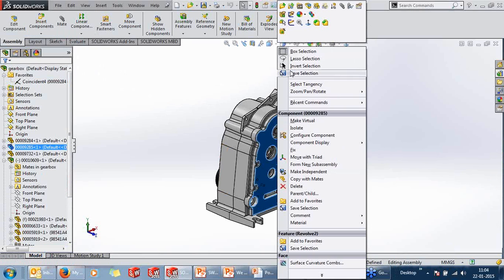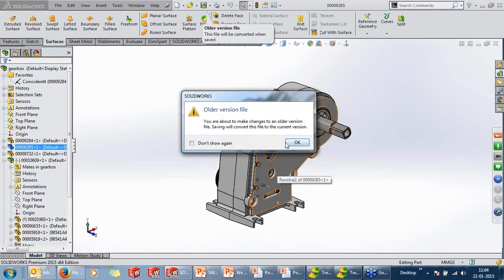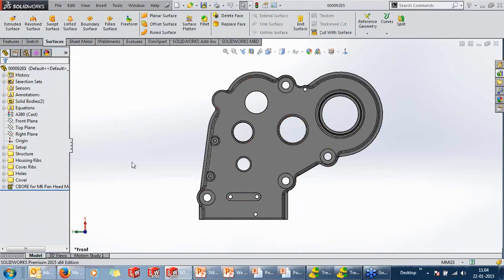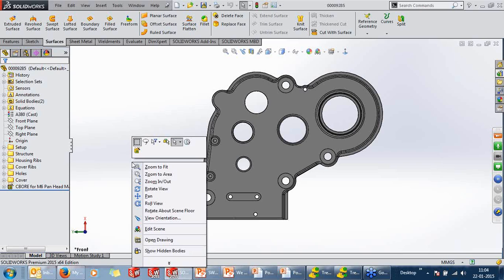In terms of part modeling, there are some new enhancements. The right click mouse gesture has been completely changed. It's made easier and more user friendly. The commonly used features have been added. The best thing about this is that it is customizable. You can add your frequently used features or remove them.